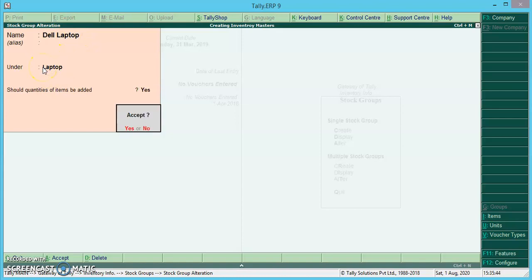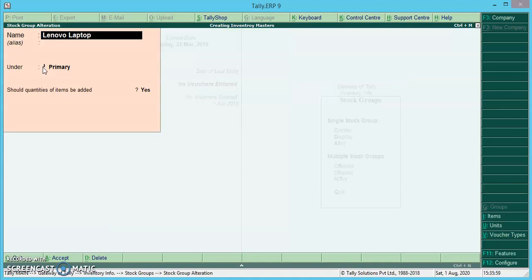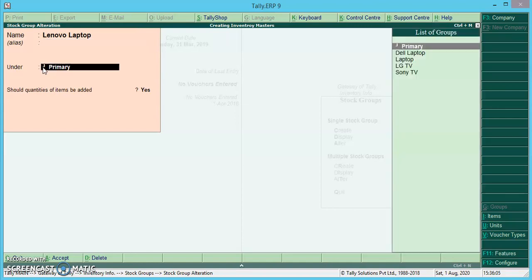Accept, press enter to accept, yes. In the same manner, I want to keep Lenovo laptop also under the laptop group. In order to alter it, in the same procedure, make necessary changes as we have done for Dell laptop. Here in the under field, select the laptop which you have created.